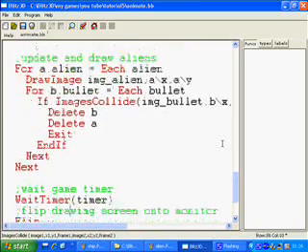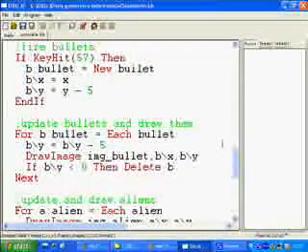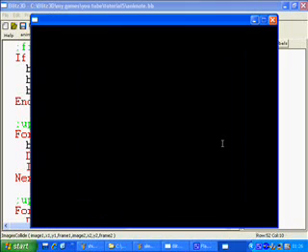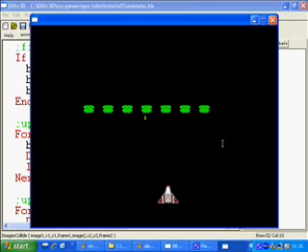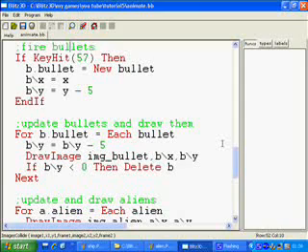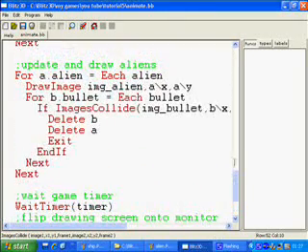These errors can be quite hard to find if they're to do with loops, and generally if you get an error coming up just after you've been putting image collision in or anything involving deleting objects, it's most likely that you're trying to reference an object that you've just deleted. So if we now run this code, I fire at the alien, bullet hits it, it disappears. Fire the next one, go along the line, take them all out. So you can see we've implemented image collisions, so that's collision detection in Blitz using our images collide command,